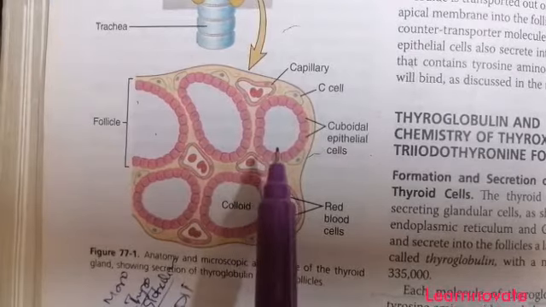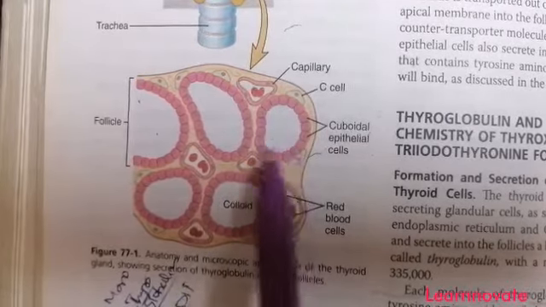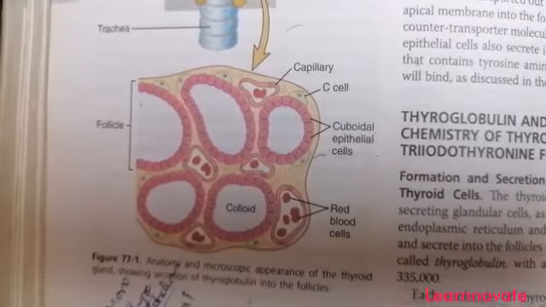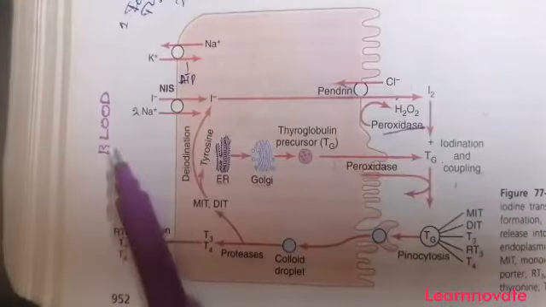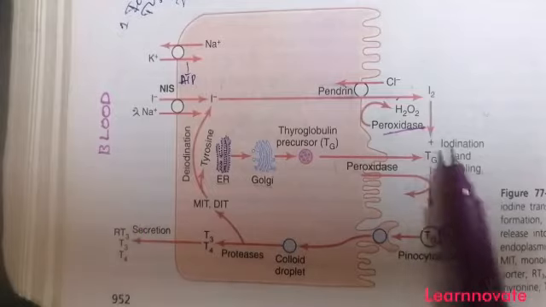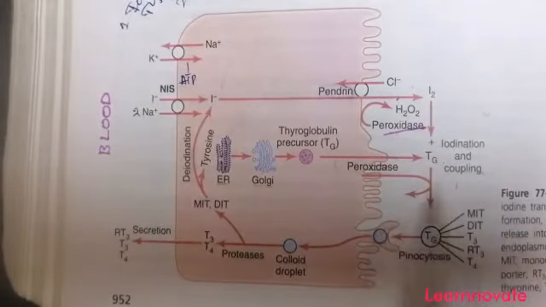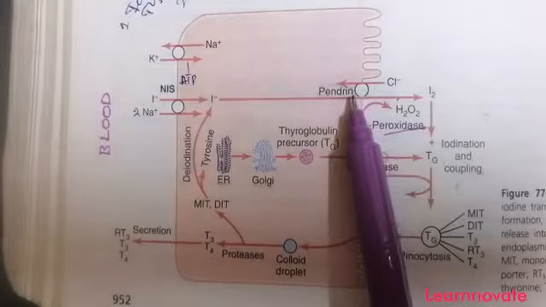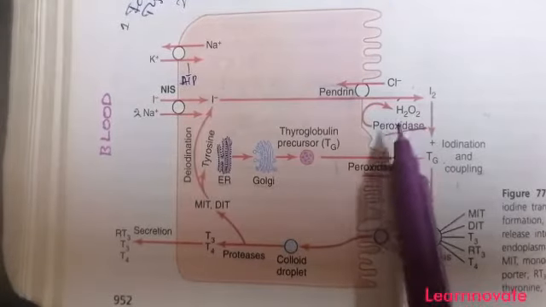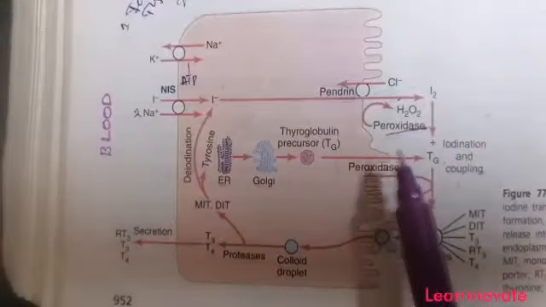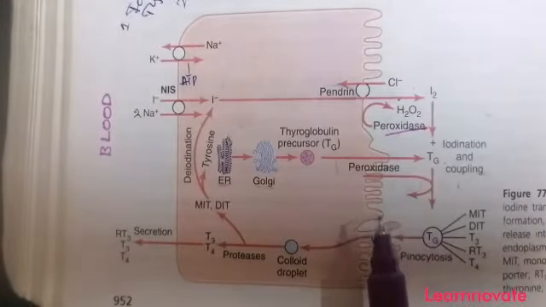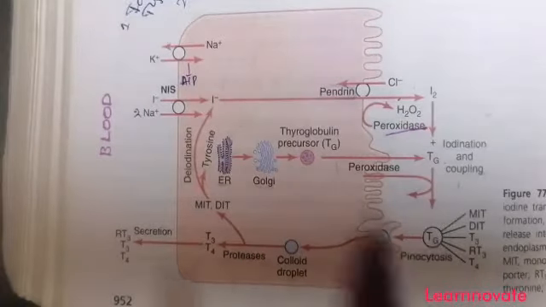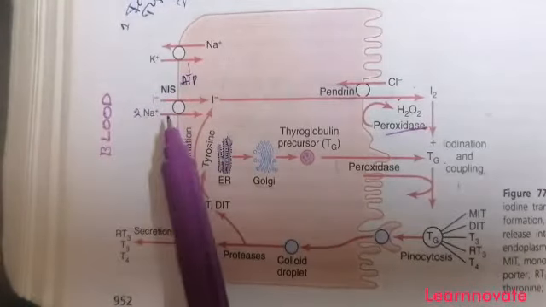Now we are going to discuss how the synthesis of thyroid hormone occurs in the colloid and then the hormones are released into the blood. In the next diagram we can see a single thyroid cell having the basal side in relation with the blood vessel, and the apical side having some enzymes and channels. The channel for the chloride conversion is the pendrin, and an important enzyme present here is the peroxidase, also called thyroid peroxidase, having an important function in organification, in coupling and in iodination of the thyroid hormone. So, starting from the uptake of the iodine.